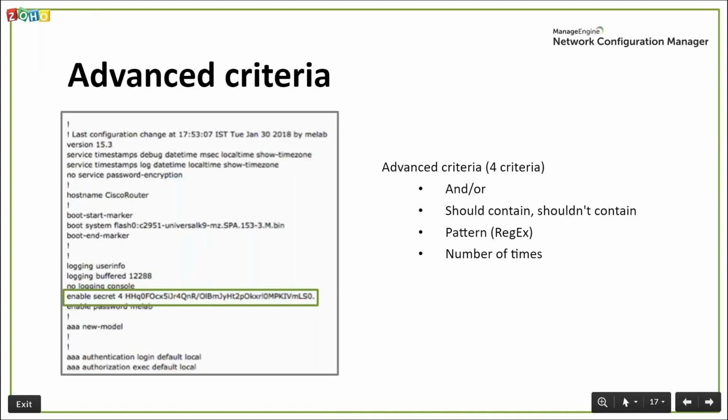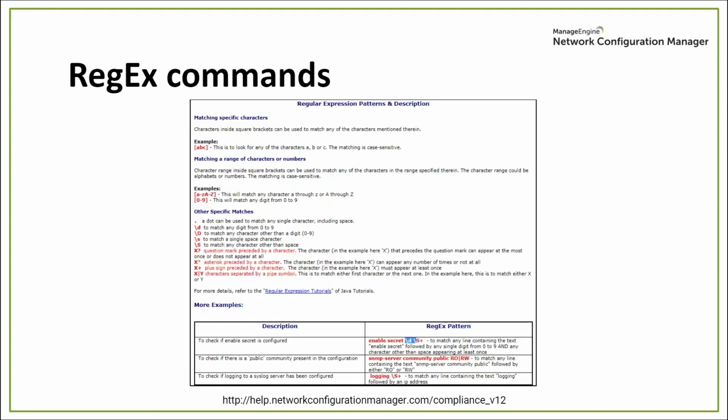Let us move on to advanced criteria. Advanced criteria is used if you have a lot of variables in your configuration file. For example, you're searching for a variable or a regular expression. In that case, you can use a regular expression to search for a variable. Here's one such example where you're going to search if the enable password is given as secret or not. You can also choose the number of times the string should be present. So you can use the regular expressions which you can see on the screen. Also, on our website, you'll be able to see the regular expression commands, which can be very useful in using